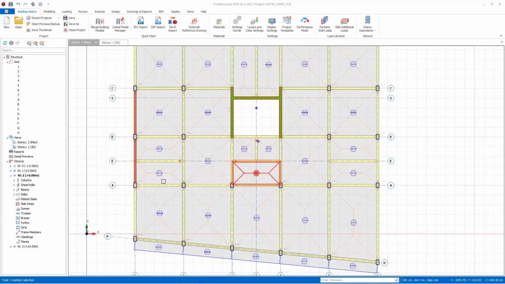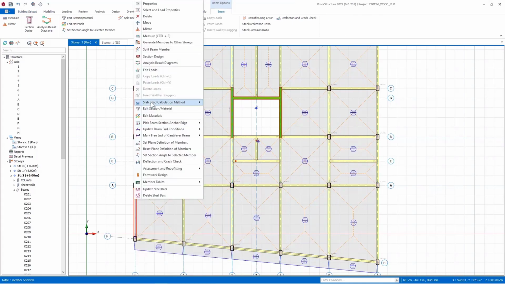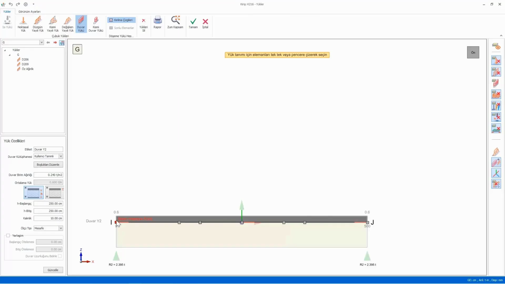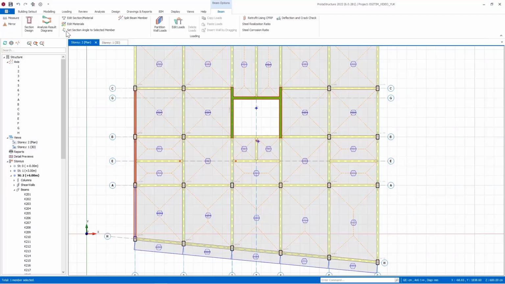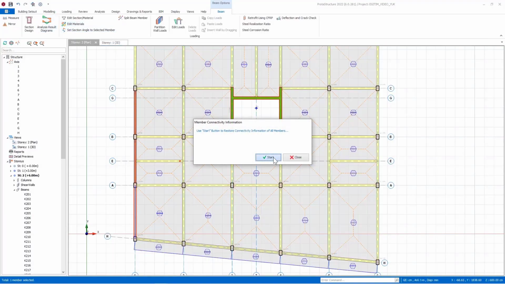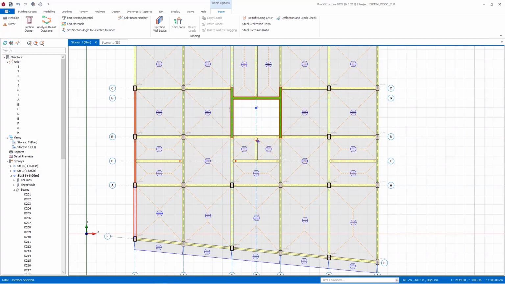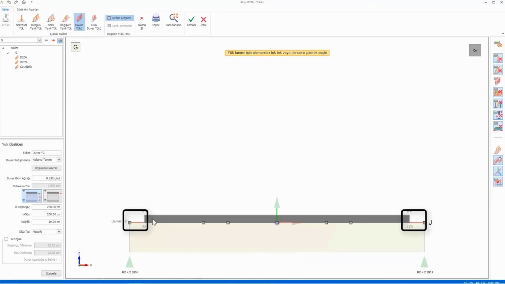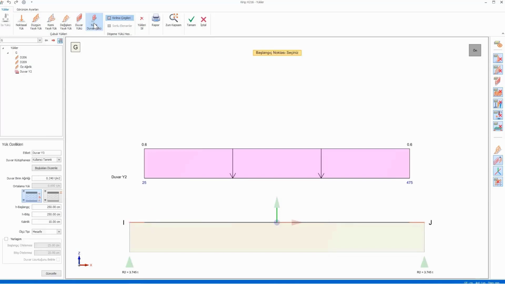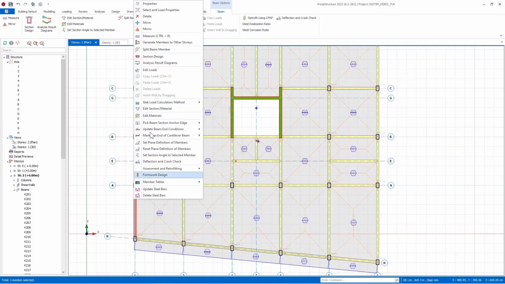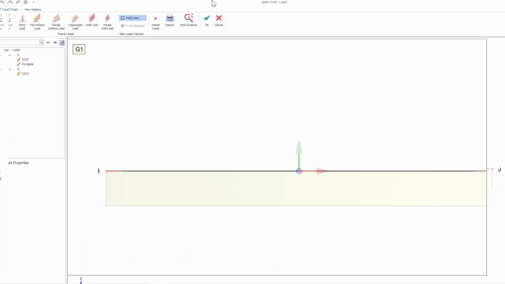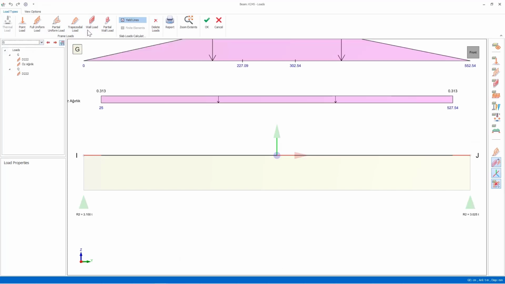In some cases, the connected element information on the right and left ends of the beam may not be up to date during modeling. Therefore, when defining wall load, column widths may not be detected, and wall load can be defined between beam nodal points. In such a case, you can use the update connection information command on the main screen. Then when you go back to the wall load definition, you can see that the wall load correctly detects the column widths at the right and left ends of the beam. If you want, you can manually change these automatically calculated offset values.